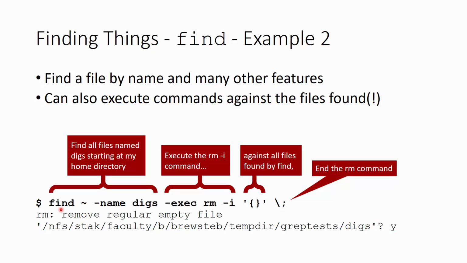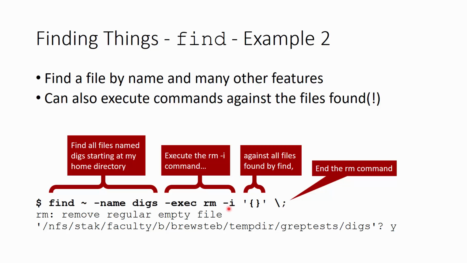I want you just to delete it wherever it is, from wherever I am. So at the beginning, here's my find ~ -name digs command. This is just going to find it starting at my home directory and in any subdirectories. Then I use the -exec option to indicate that I'm going to execute a command against the files that are found. For those that are found, here is the rm -i,